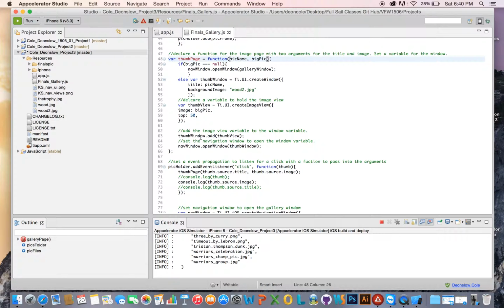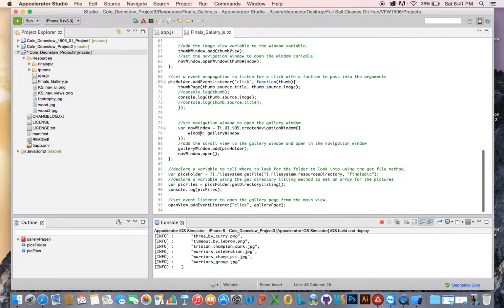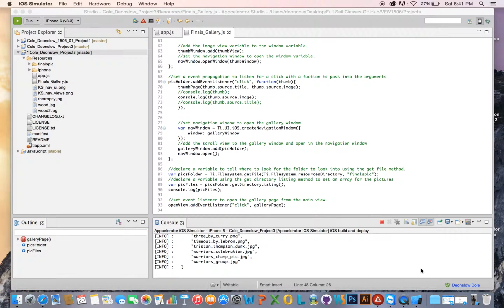So we added the thumb view to the thumb window and a navigation window. See everything. So you can see a navigation window opens up our first window. And here is where we have set up our arrays to go get the files to go through our for loop. And the operation of the app is pretty much right here,